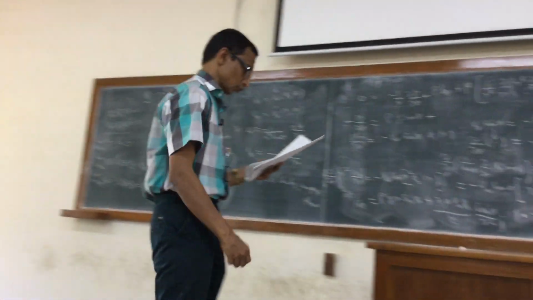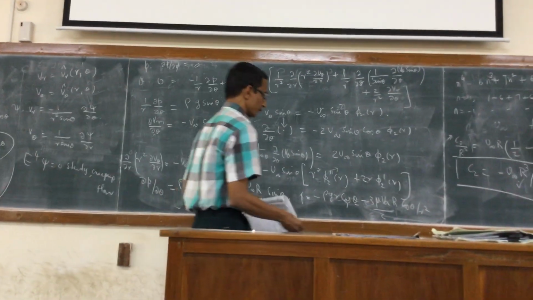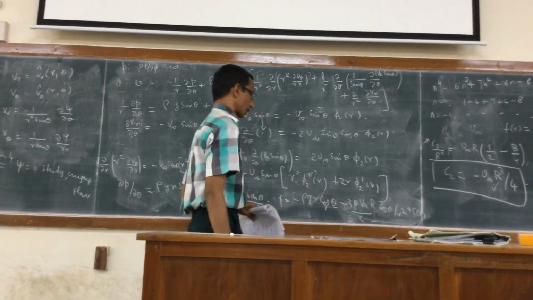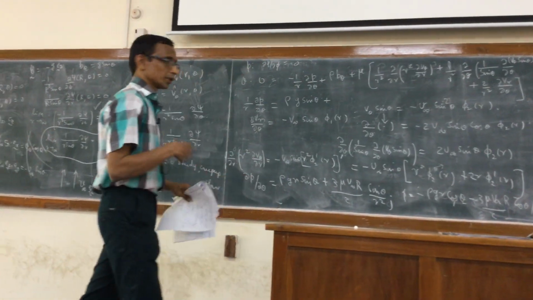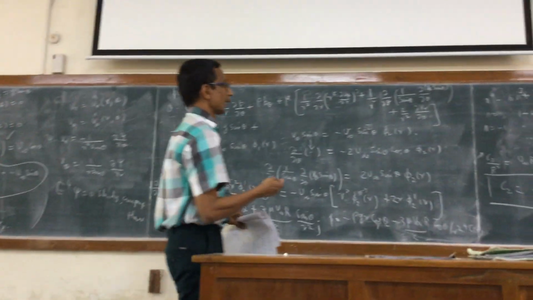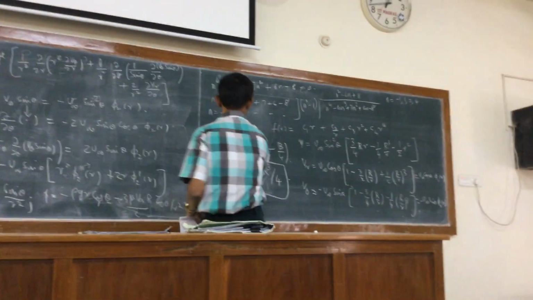We have already used f, but here I have plus some function of r, I call it c of r. So to determine c of r, we need an expression for dp by dr, and that turns out to be,